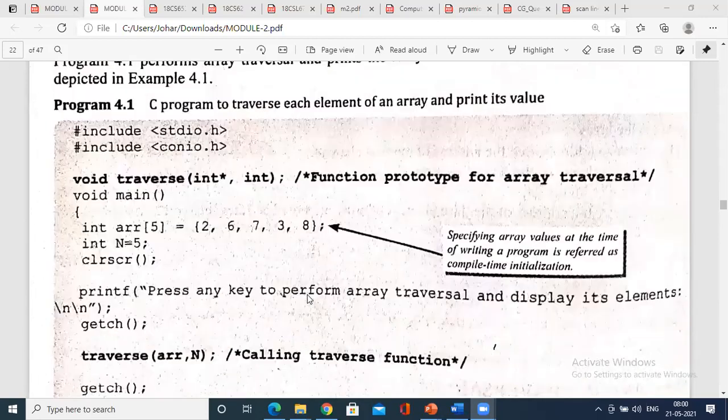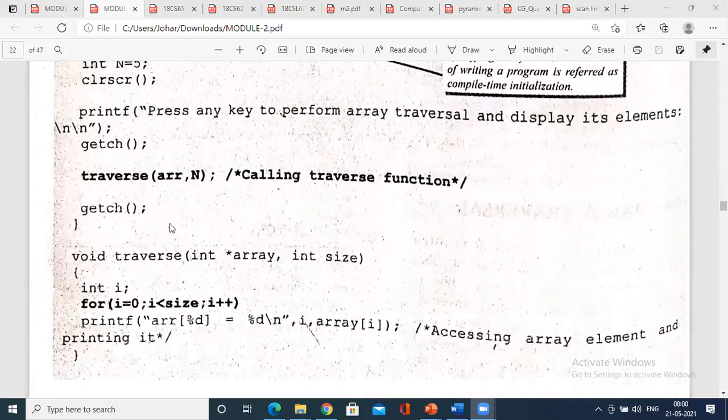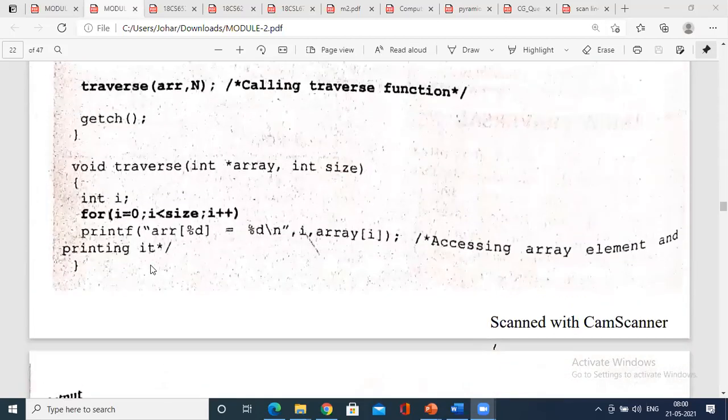If you see the program here, you have some data already stored in an array, array of 0, array of 1, as I had explained. So you have to fetch that data. How do you fetch that data? You call a traverse function. What is the traverse function? You print array of 0, print array of 1. So print array of percentage d. Percentage d is nothing but I. This percentage d represents I. I explained it once.